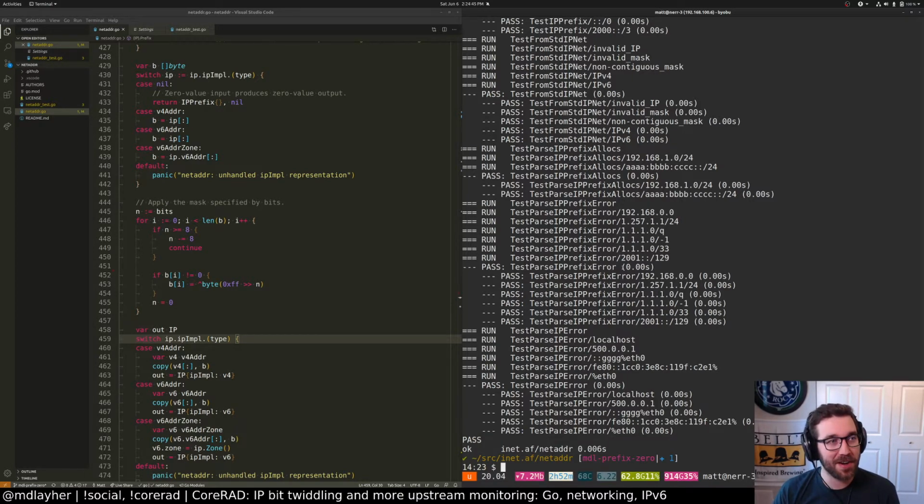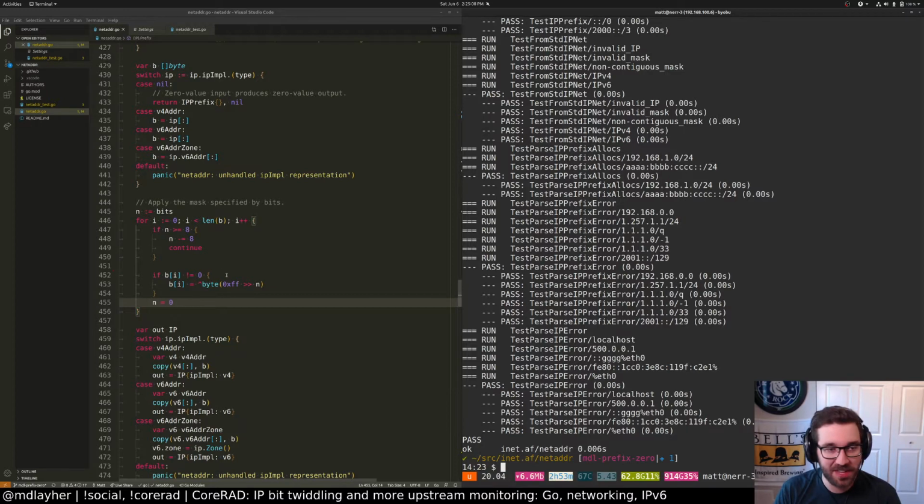We found a bug in the IP address package we were using. Actually, some code I wrote as far as masking off an IP address with a prefix and creating a prefix out of that, so we're going to fix that. It's one of those things where you write some code and you realize, how did this ever work? At the moment the tests pass, but I think we've discovered there are some weird edge cases.